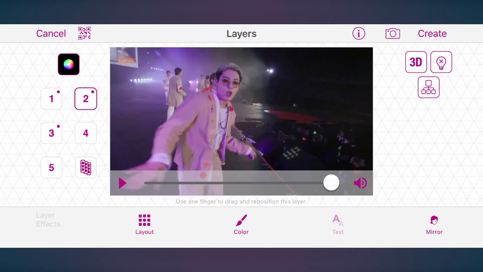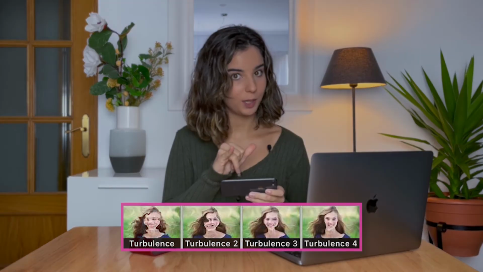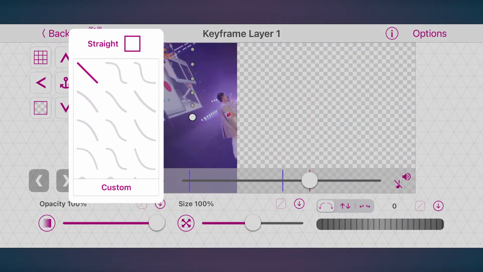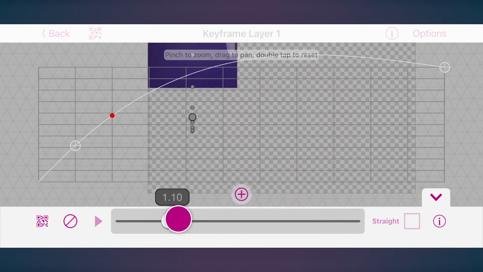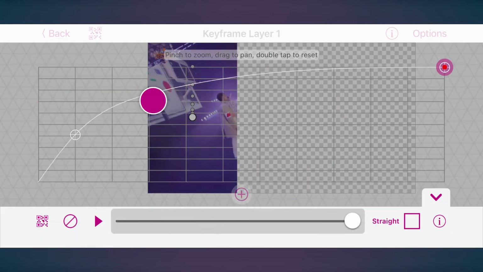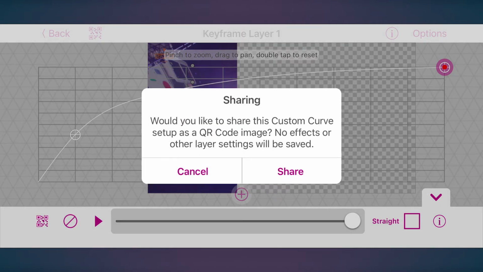Now, let's make it smoother. You already know how to make transitions smoother using turbulence, and that works best for transitions that have 2 clips, like the spin transition we made in the previous course. But this one has 3 clips, so we'll use another method instead. Tap the graph for path and choose a pre-made graph or create your own. I'm going to make my own as I want the transition to start fast and end slow, like this. Don't forget to save the graph as a QR code to use in the future.